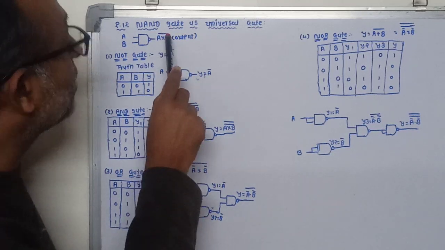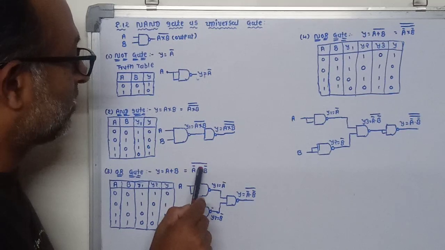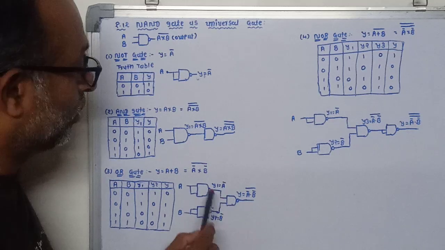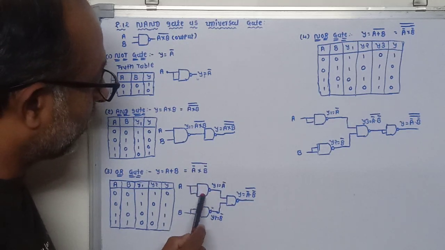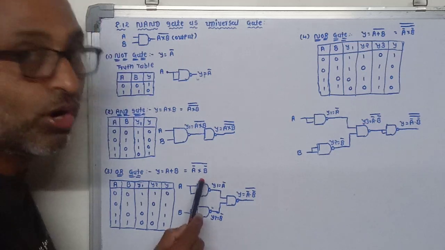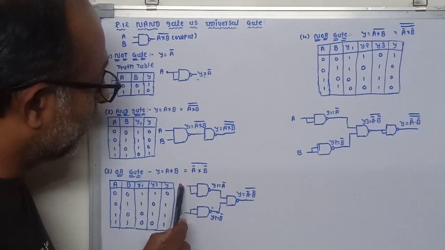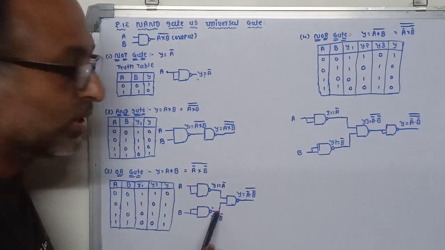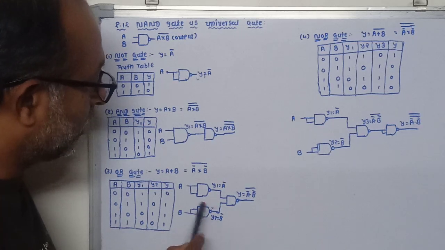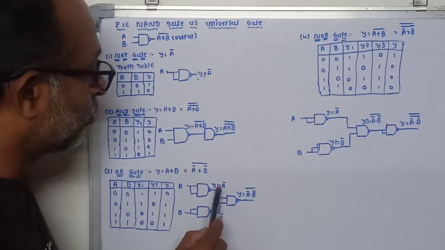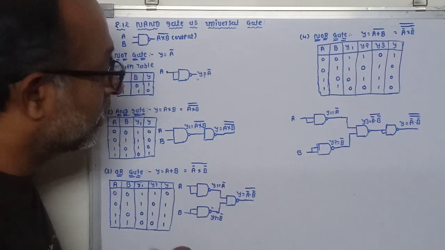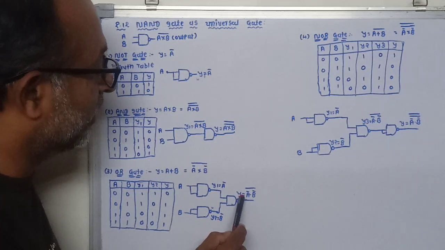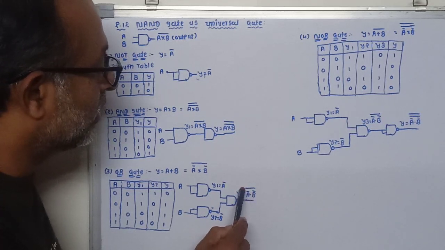Why we require it? Because it is whole bar. Multiplication is okay, but here why are we taking this bar? Because we require an inverted output. So for A bar I am taking one NAND gate which acts as a NOT gate. So if we apply A here, then we will get the A bar signal. Similarly for B bar, Y2 is equal to B bar by using another NAND gate as a NOT gate. Now these two signals Y1 and Y2 are applied to another gate for the multiplication operation. So we will get output Y is equal to A bar into B bar whole bar.